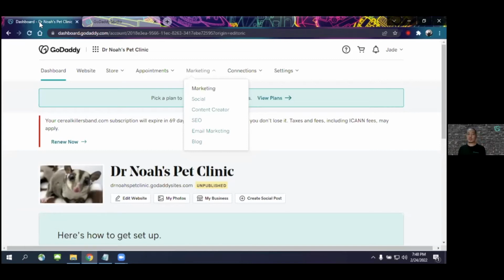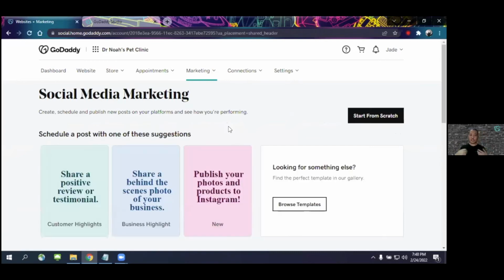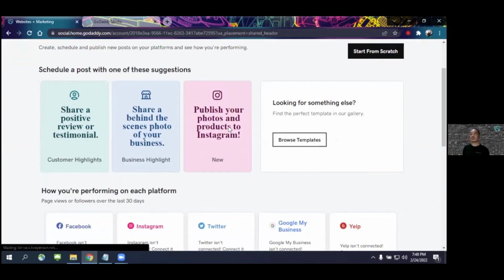Now, the good thing about Websites Plus Marketing is we also have a section for social media content. So under marketing, you can go to social, and there's social media marketing here, which allows you to connect your website to your various social media accounts and publish content straight from your website's marketing dashboard. That way, you don't have to log in to each of the individual social media accounts that you have. Everything can be handled in just one place,